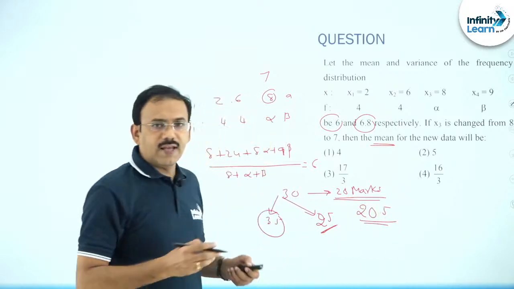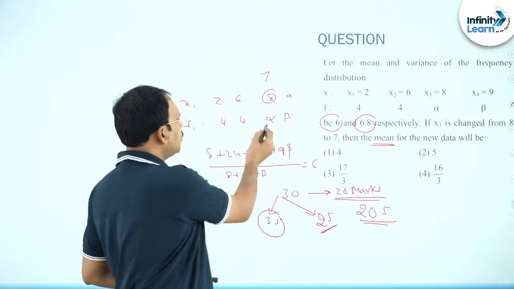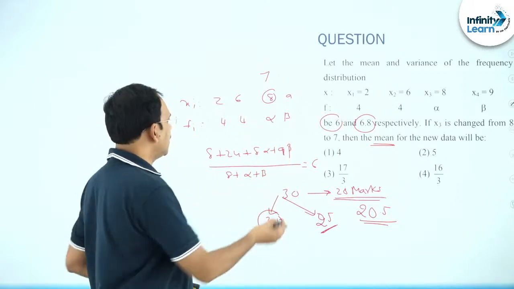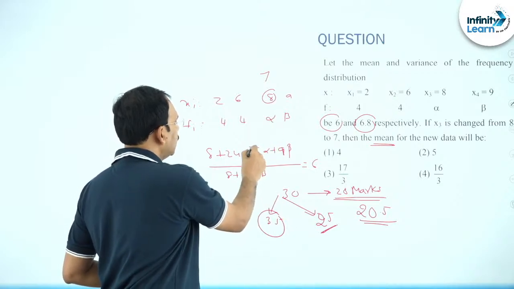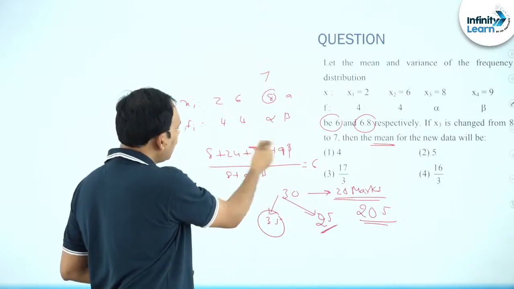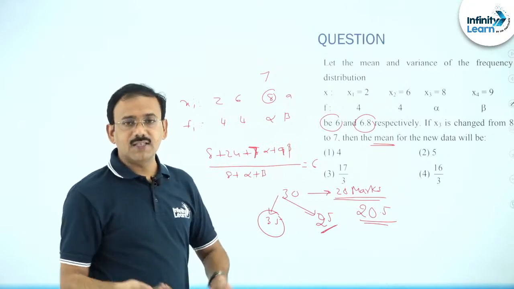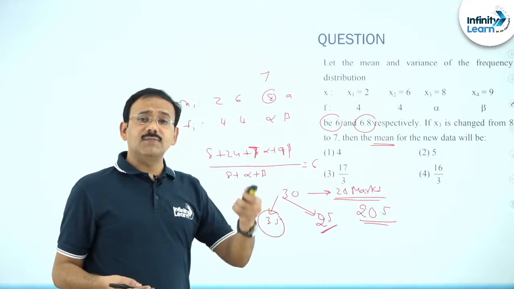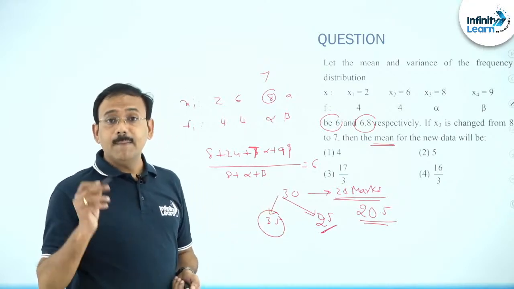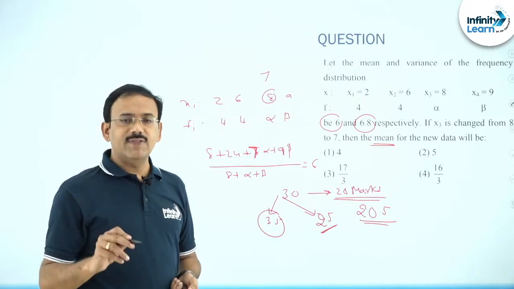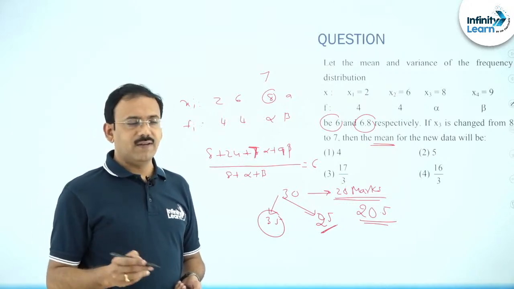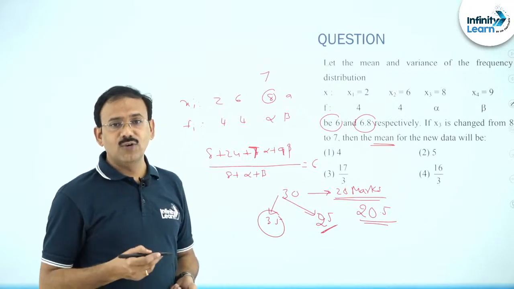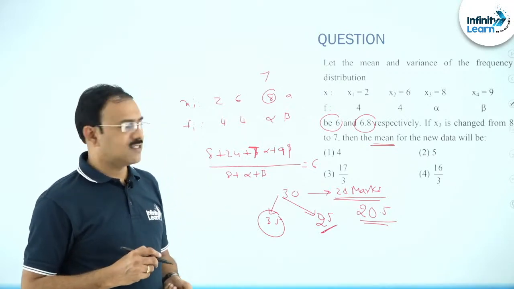You can also do it like this orally, or else once you know alpha and beta, it does not matter to find the new average, because instead of 8 alpha you will be writing 7 alpha, remaining all the same, that is the only difference. So, dear friends, this also comes under the model we have done: mean given, variance given, two unknowns given, but of course it is a discrete series, that is the only difference. Am I correct dear students?